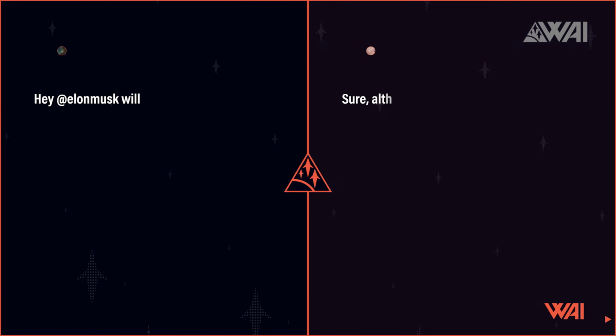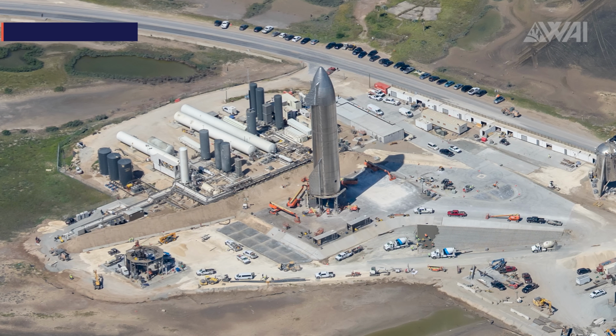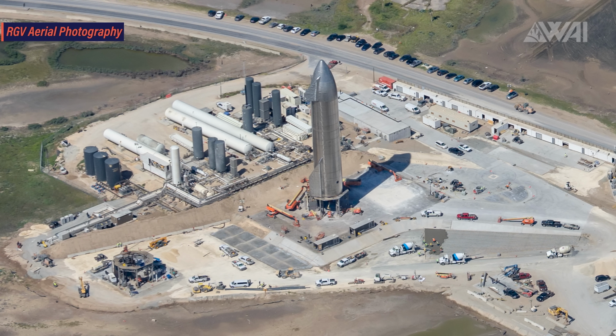In a recent tweet, Elon Musk finally gave us some info about the flight and if we'll get an official stream from SpaceX, and yes we do. In fact, he said that we'll see every frame of footage that they'll do, which sounds quite good if you ask me. Today though, we'll look ahead into the future, where Starships have left the prototype phase